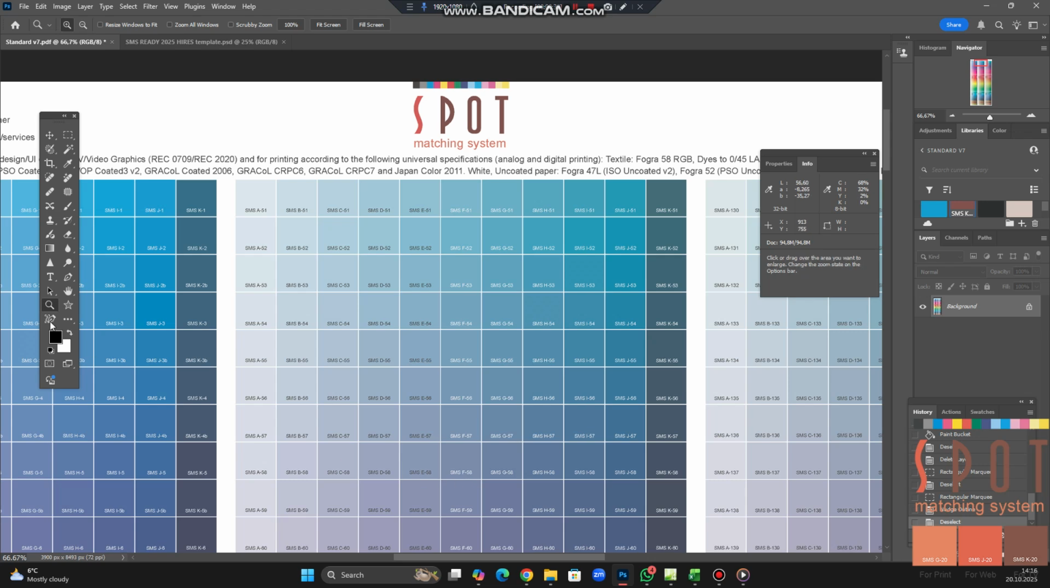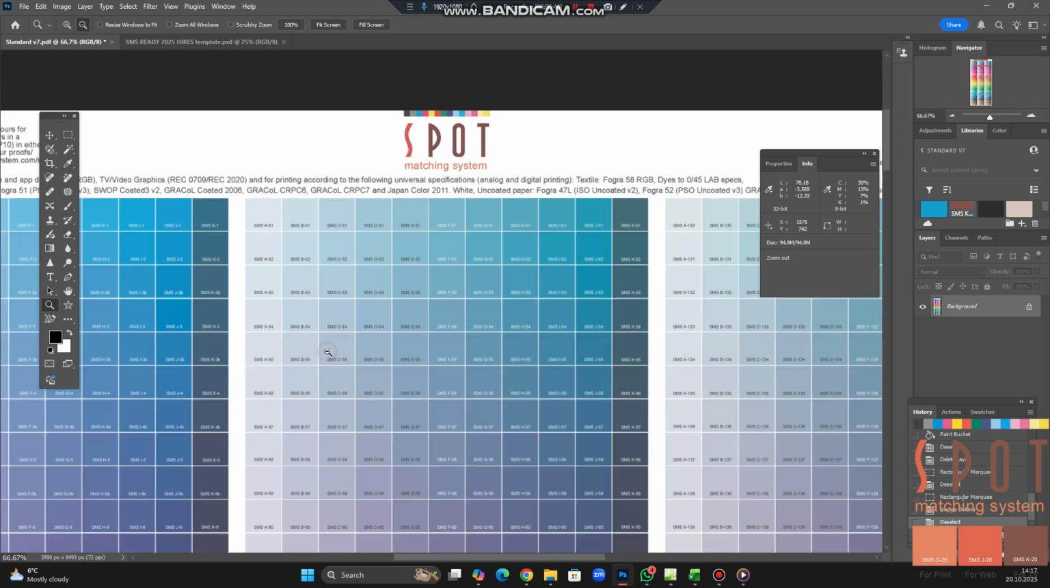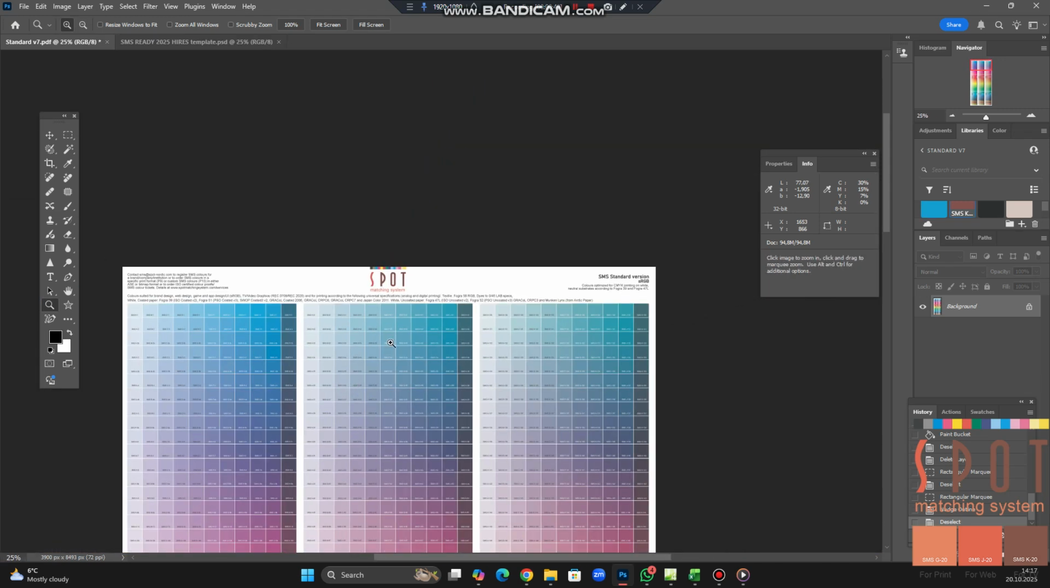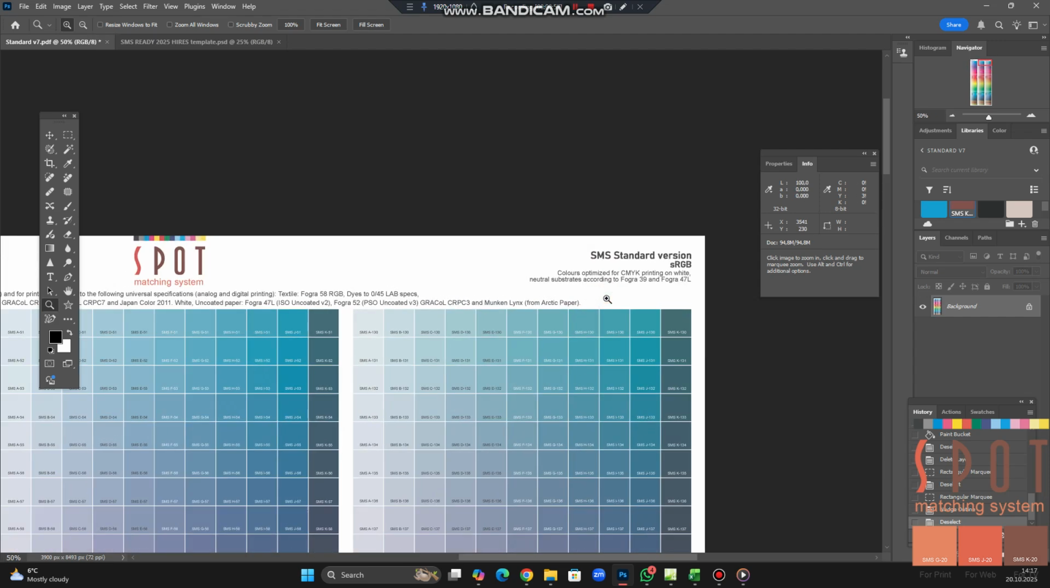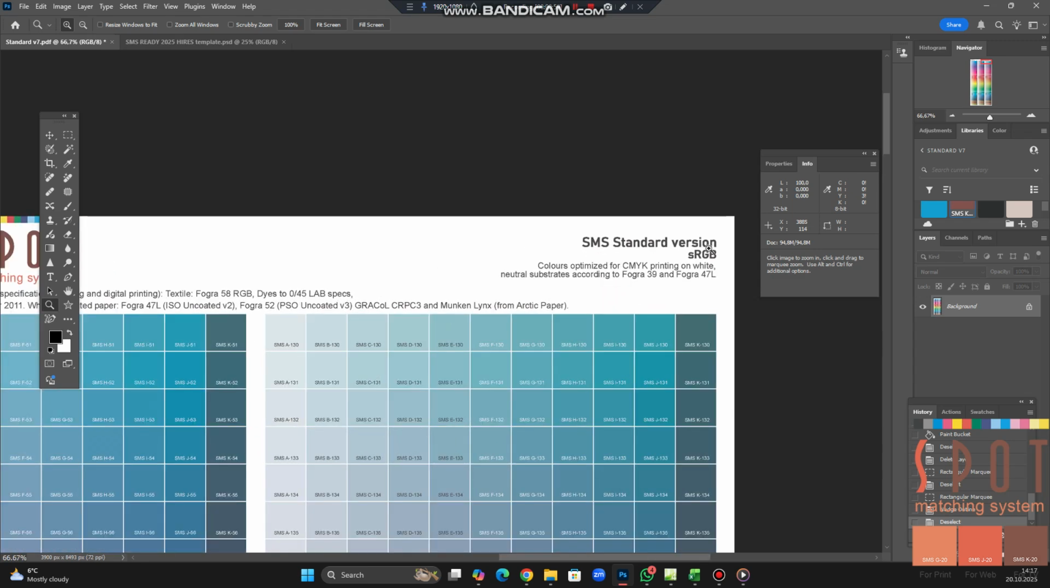And we have in total 2,607 colors in this latest version. The standard version is suited for when you buy it in PDF format basically. And these colors are in sRGB format, so they are ready for web design as they are. They are also optimized for CMYK printing on white neutral substrates according to FOGRA 39 and FOGRA 47,